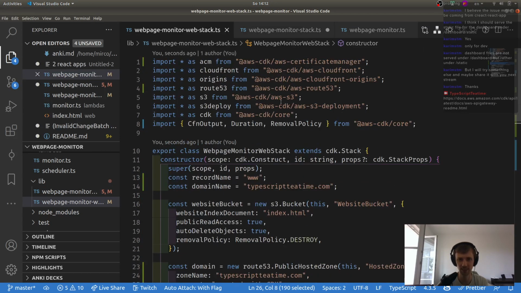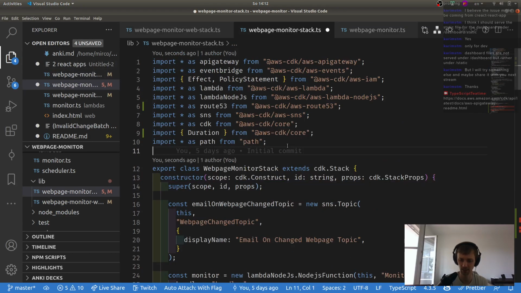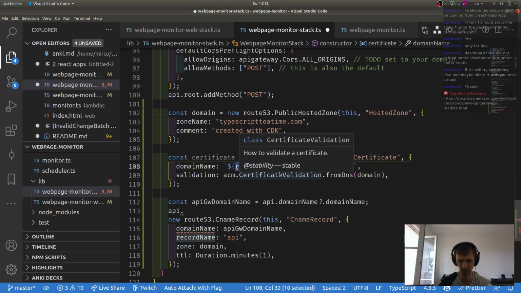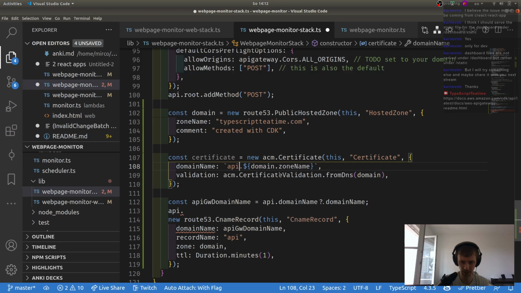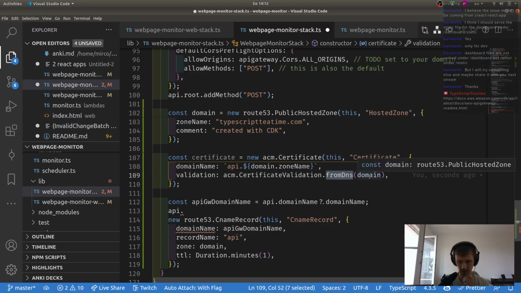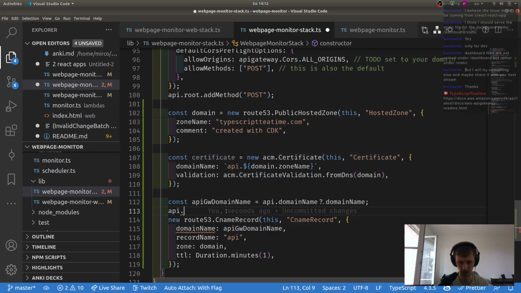We do need Amazon Certificate Manager. Right there it is. And then we import that one. And then we need our API dot zone name, which is TypeScript teatime.com. Then we want to validate it with DNS. Yes. Which might work, probably won't. And then we provide our API